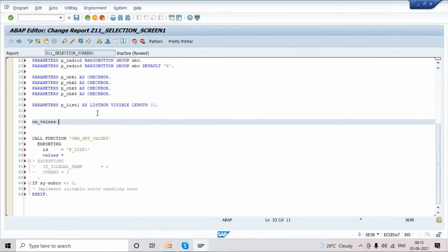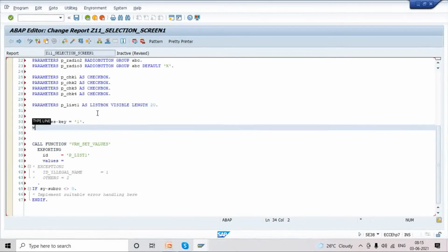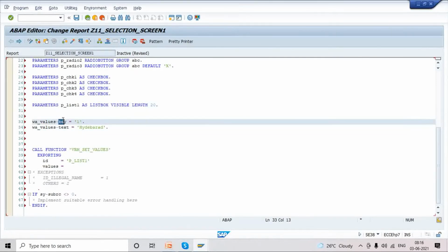Work area, first field is key. Key field you can write key equal to 1. And the second field, in that structure, what is the second field? Text. So text you can write Hyderabad. Only two fields in that structure.